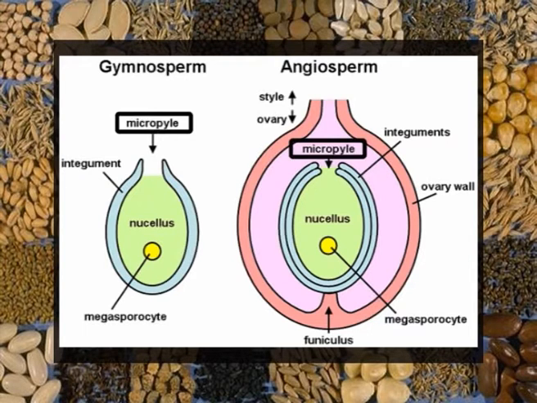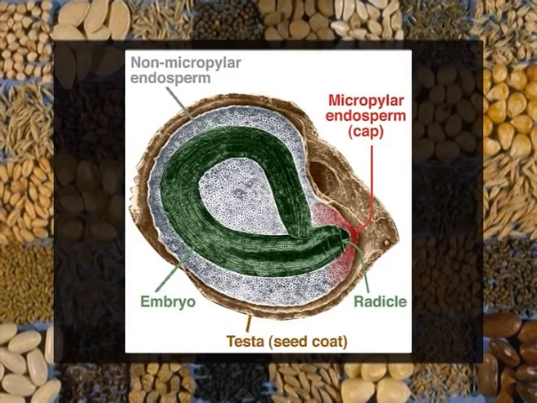Another term is the micropyle, which is the apical opening of the integuments, which allows the pollen tube to enter the nucellus to release sperm for fertilization. Testa refers to the seed coat derived from the integuments of the ovule, dead maternal tissue in other words. One more term is the endosperm, which arises from the fusion of the second sperm nucleus with the central cell nucleus of the embryo sac during double fertilization.